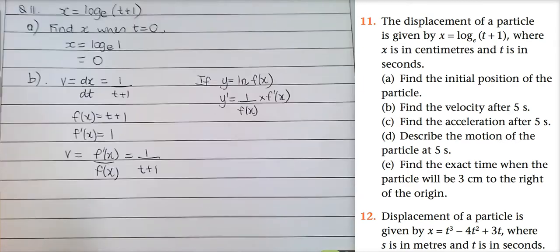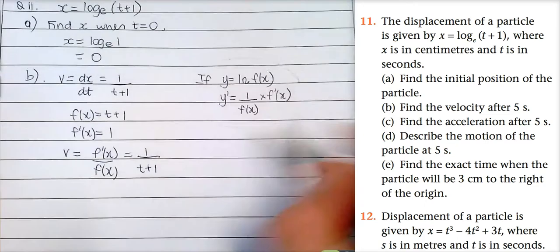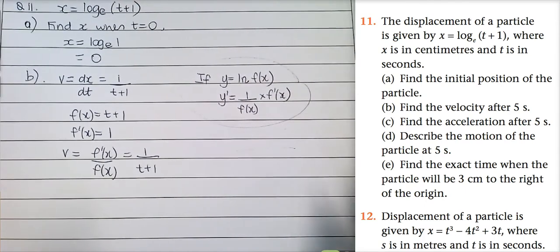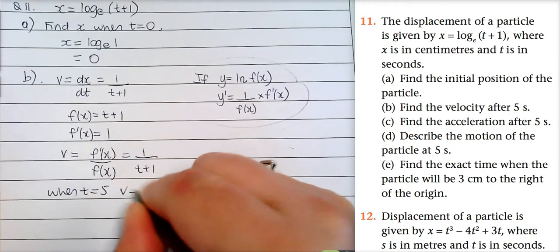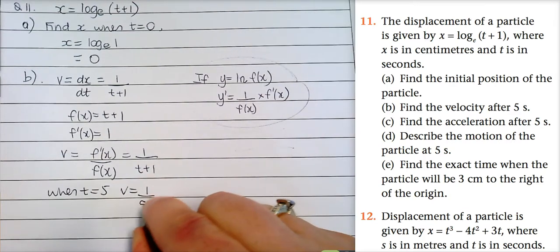If you have to do all that setting out, I suggest you do it rather than getting it wrong. Or have your rule in front of you, write down f x, write down f dashed x, just don't mess it up. So when t is 5, the velocity is 1 over 5 plus 1,